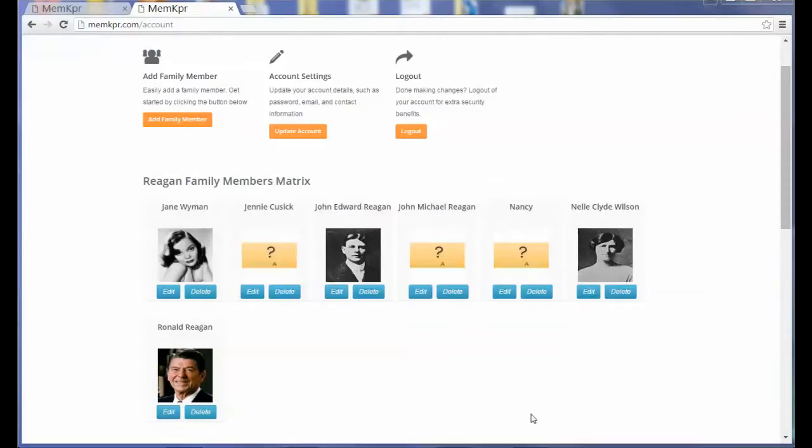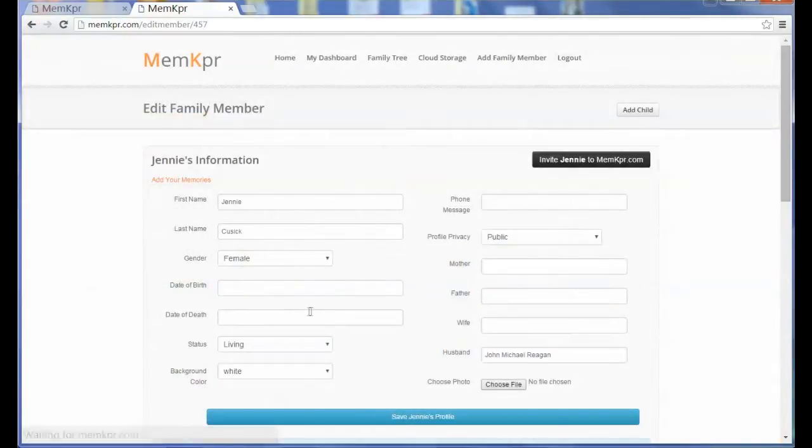To help speed things up, I went ahead and added Jane Wyman, put her picture in, just like we did for all the rest. But now what I'm going to do is add what I call shadow people. So here's the first shadow person. When we don't have a picture for them, we can add a placeholder. Okay, so in this particular case, for Jenny